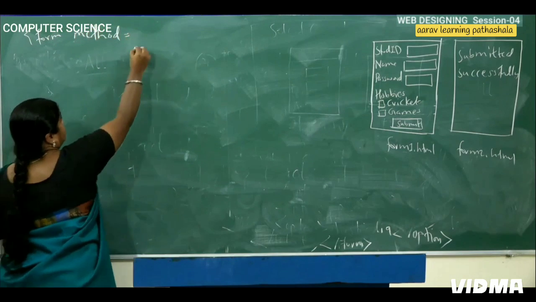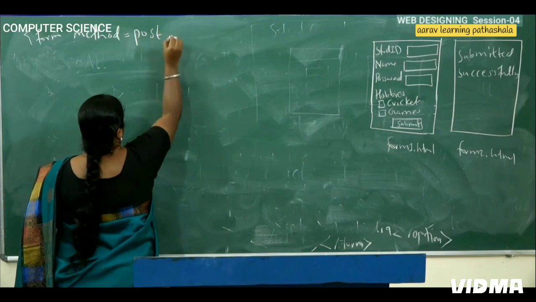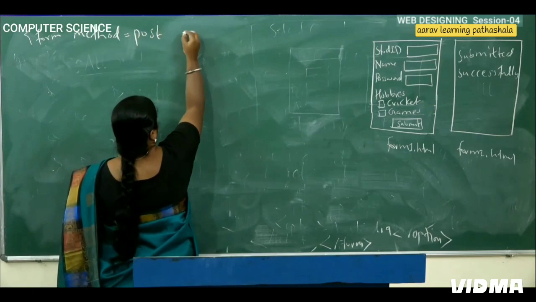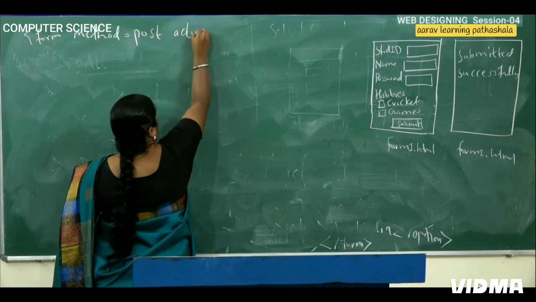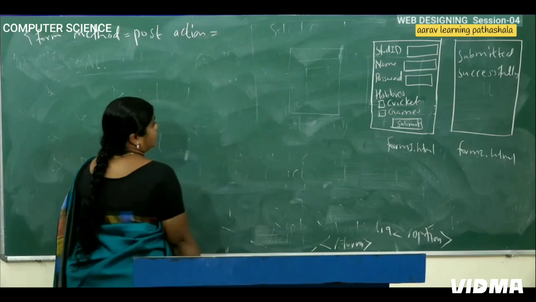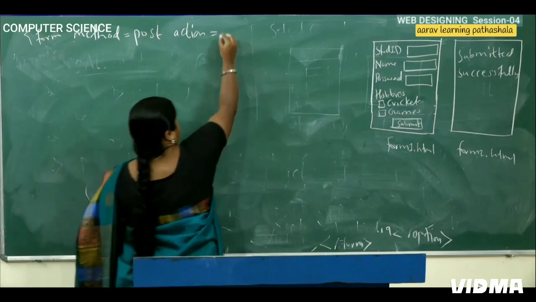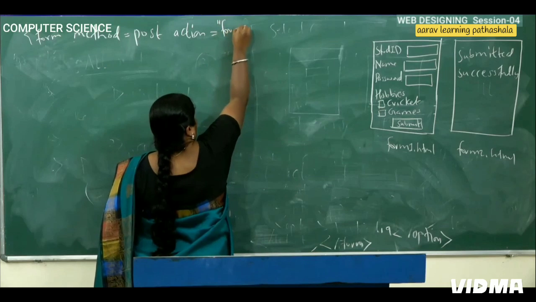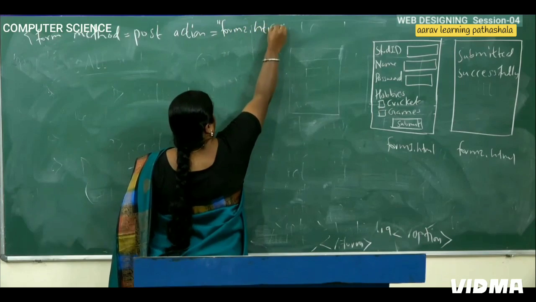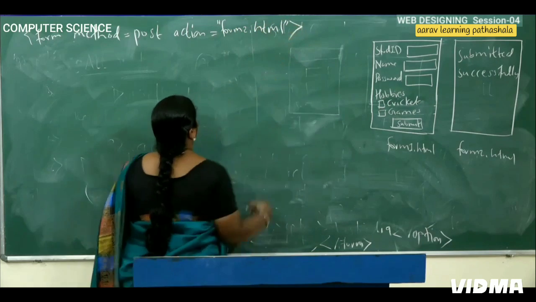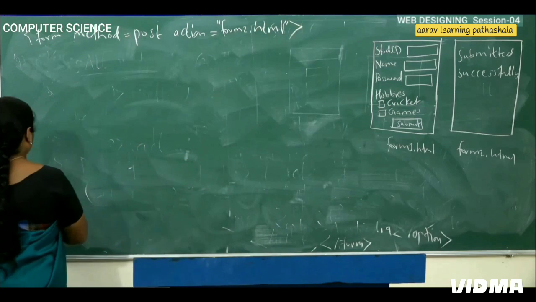Method is equal to post. We will keep the method as post. Then action is equal to, when the submit button is clicked, what should be the next page that has to be displayed? It has to be form2.html. Double quote complete, tag complete. Now after this,